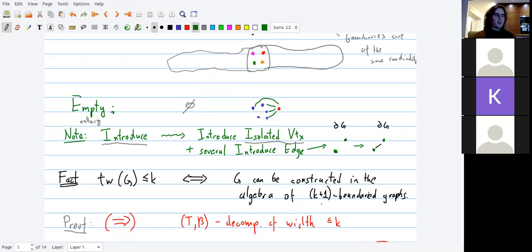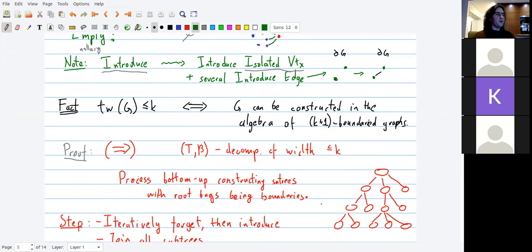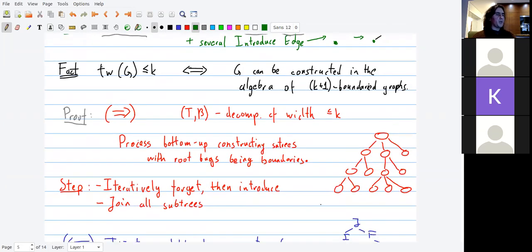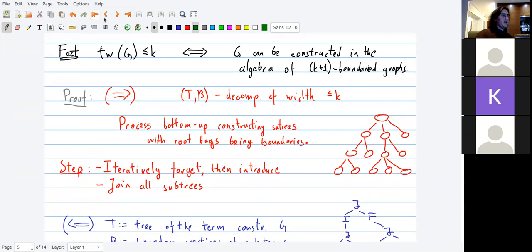Right. So the fact that is important here is that these operations on boundaried graphs exactly characterize Treewidth. So we will prove in a moment, and this proof is not hard at all, that the graph has Treewidth at most k if and only if I can construct it using those operations from empty graphs. So if and only if G can be constructed in this algebra of k+1 boundaried graphs. The boundaries should be of size at most k+1 at every point